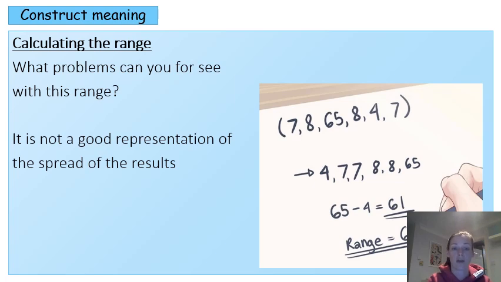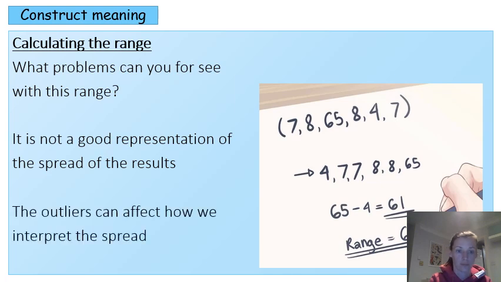It's not a good representation. If this was going to be on one of those graphs that we just showed there, actually it's not a good spread. There's a very high number at the end. That's called an outlier. So an outlier is a number that doesn't really fit, and it really skews the range